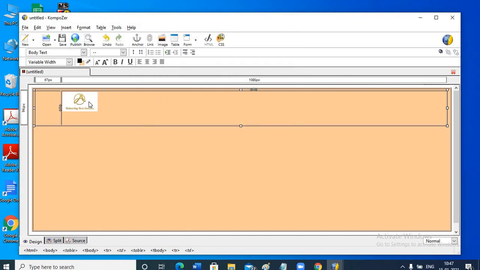Okay. I want to increase the size of the image. Increase it. Bring it to the right aligned. Now in the first cell, type the name of the store.